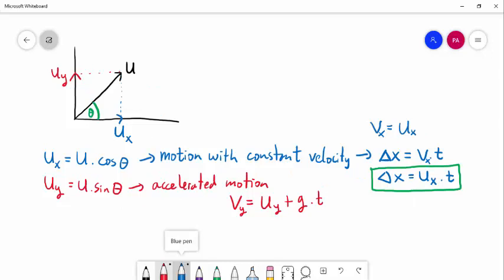Then we will have, instead of x equal to x0 plus initial velocity y times time plus half times g times t square, because it is vertical motion, we change the x or the distance into height. This is the initial height, and the last formula is